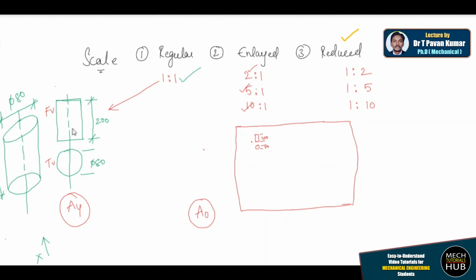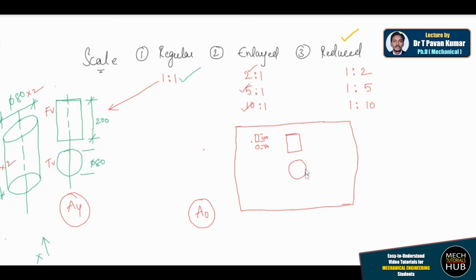So if that is the case, and I increase the size by 2 times, what happens? This is multiplied by 2 and this number is also multiplied by 2. Then this becomes 160, this becomes 400. Easily the component size will increase. This is the size of the component. Now the height is supposed to be 200, but I made it 400, and the diameter is supposed to be 80 and I made it 160.